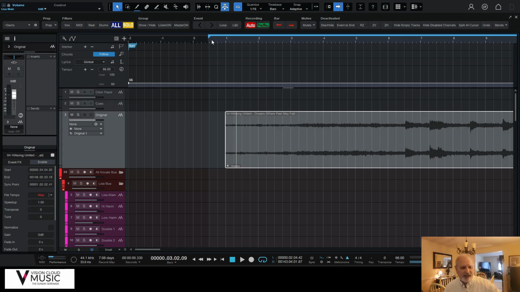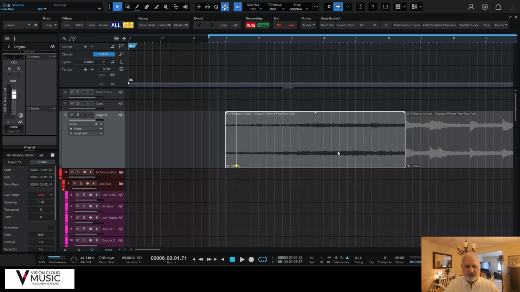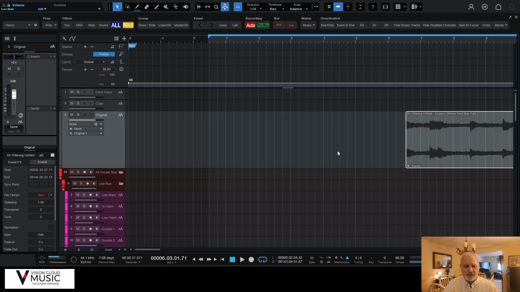You can use the tab key, and this works on a lot of songs. Just tab through and it will find what it thinks is the next transient, and hopefully you can find your first downbeat on that. So here I'm just going to do that right there. I'm going to then split this at the cursor because I don't need that stuff to the left right now. I'm just going to delete that temporarily. And I want to align this, so I want to make sure I've got my snap to grid on. I'm going to put this on 6,